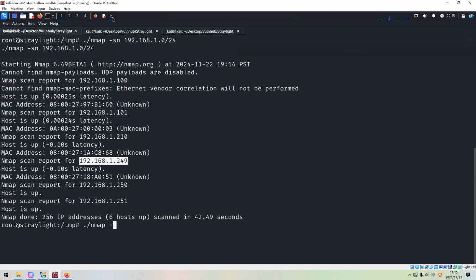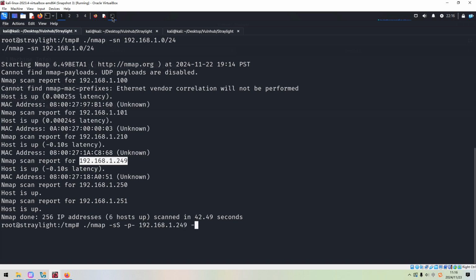We can use the stealthy scanning option, -sS, to do the open port identification. We also need to use -p- to do the full range port scan, followed by the IP address of the target.